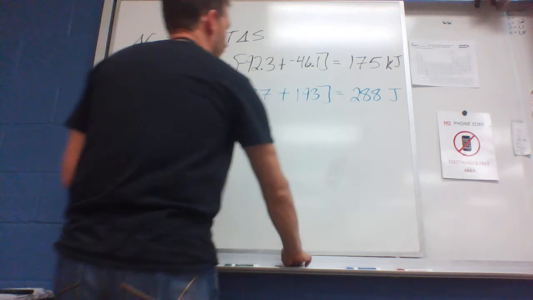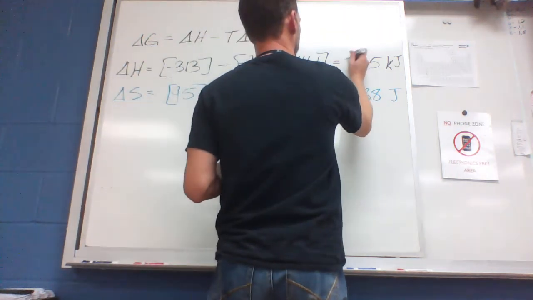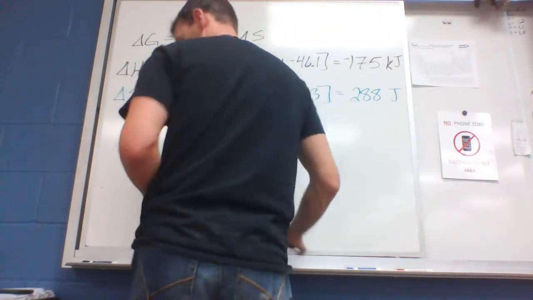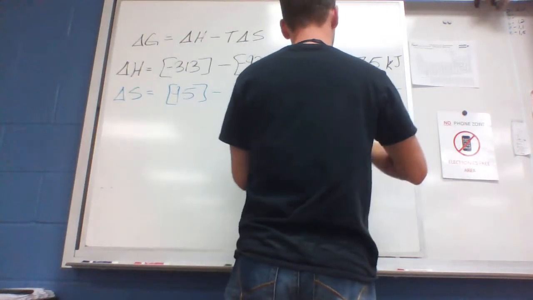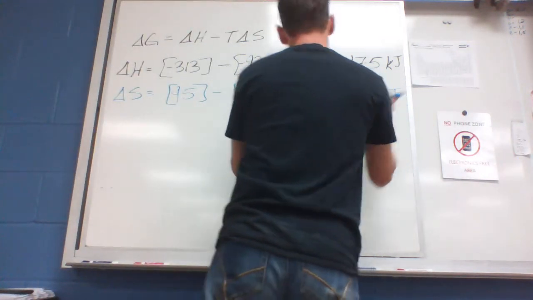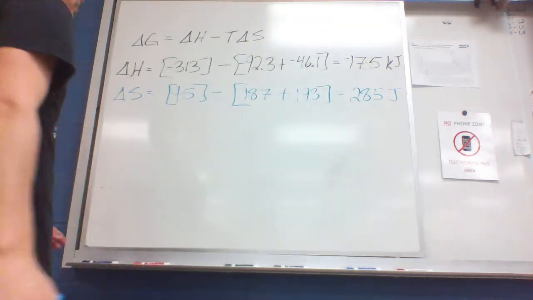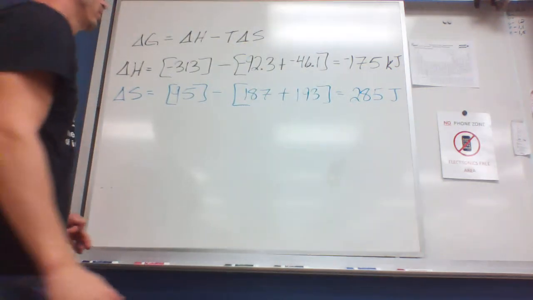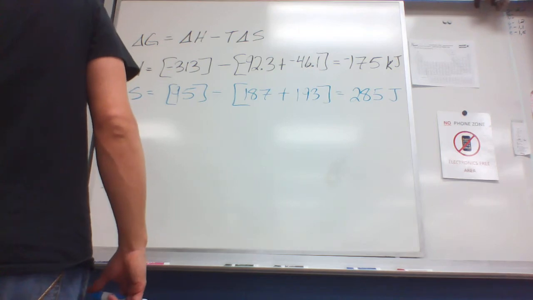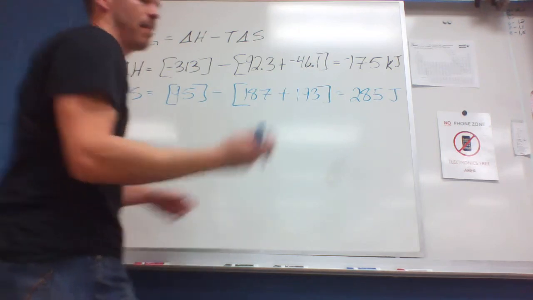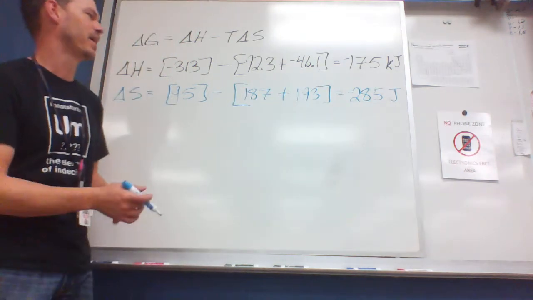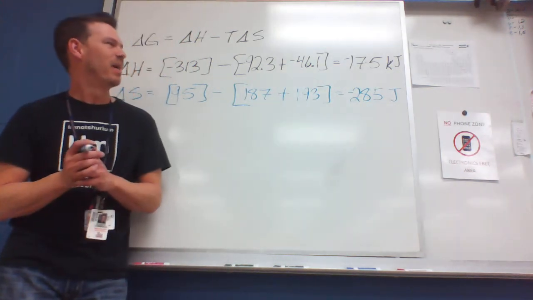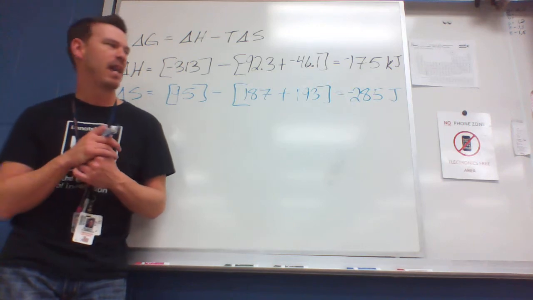Oh, that 175 is negative. I got negative 285, that doesn't look right. Oh yeah, you're right, it's negative 285. Is it supposed to be negative? Yeah, because that would be a big negative. I'm just having trouble reading my writing. In the last class, I was able to calculate these because we weren't this low on time, but my writing is very small.